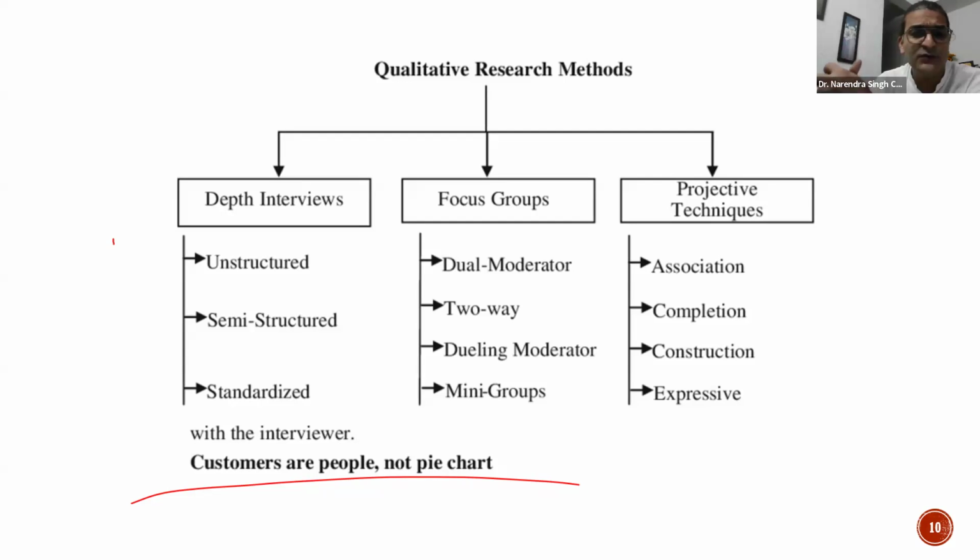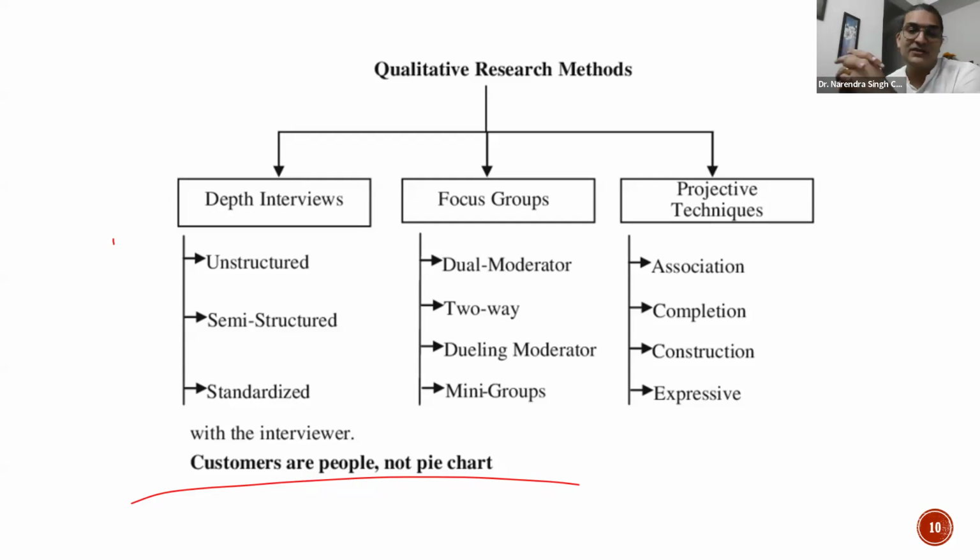You might have seen so many news anchors who call many people together on the same show, ask one question, and every person starts talking about it. At times it becomes a fish market and nobody is able to understand. So you try to moderate it so that everybody stays on track. Dual moderators at times, two-way at times, and then mini groups are formed so that you can effectively capture the responses of the respondents, right?